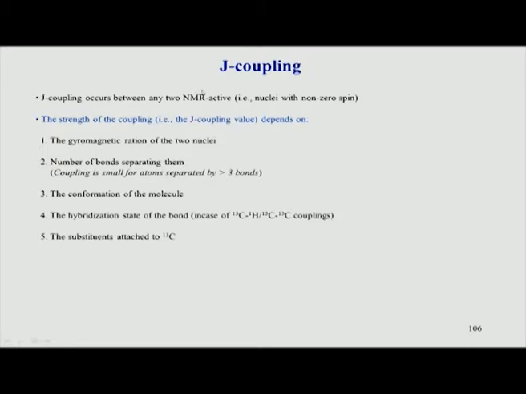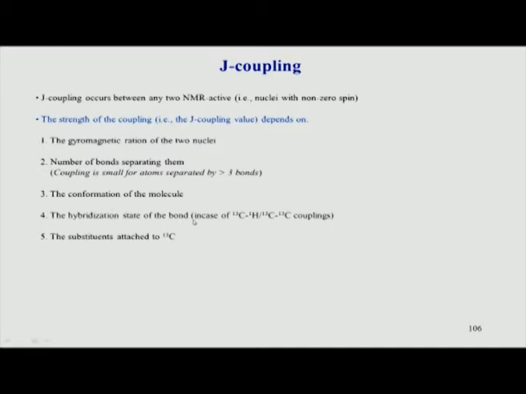We are not talking about only hydrogen coupling here, we are talking about hydrogen to X, that is a heteronucleus like carbon, nitrogen or any other. So, this is a general concept for any J coupling. It depends on the hybridized conformation of the molecule, that is the structure of the molecule, because we will see shortly that the 3 bond hydrogen coupling depends on the dihedral angle between the two vectors. We will look at that.